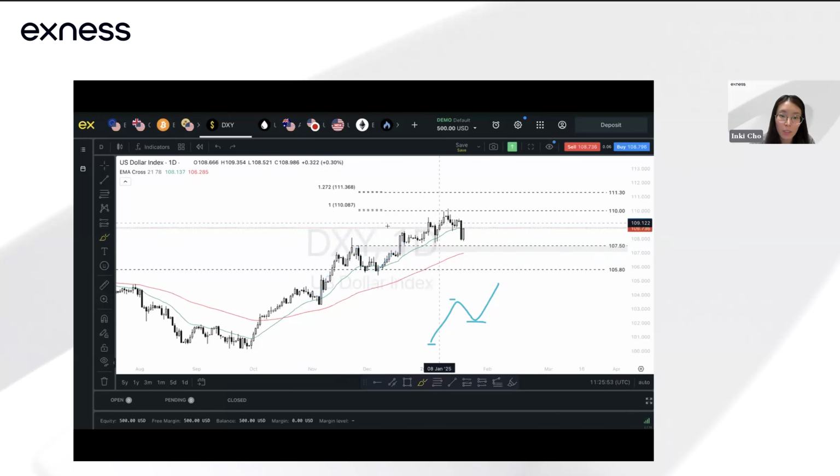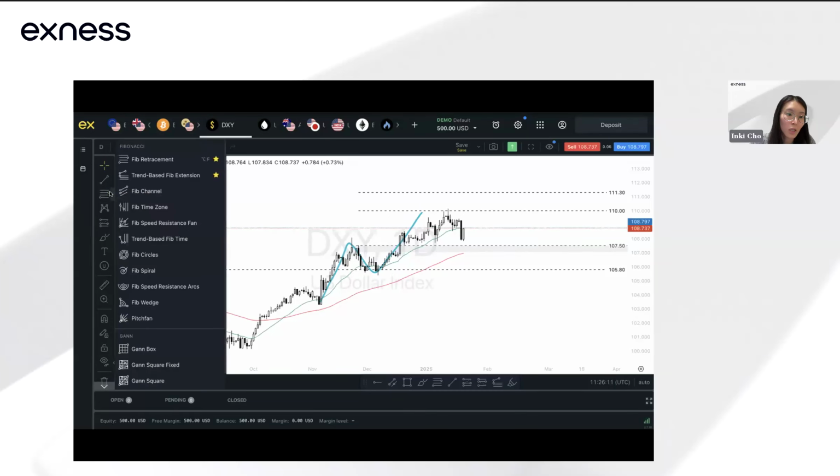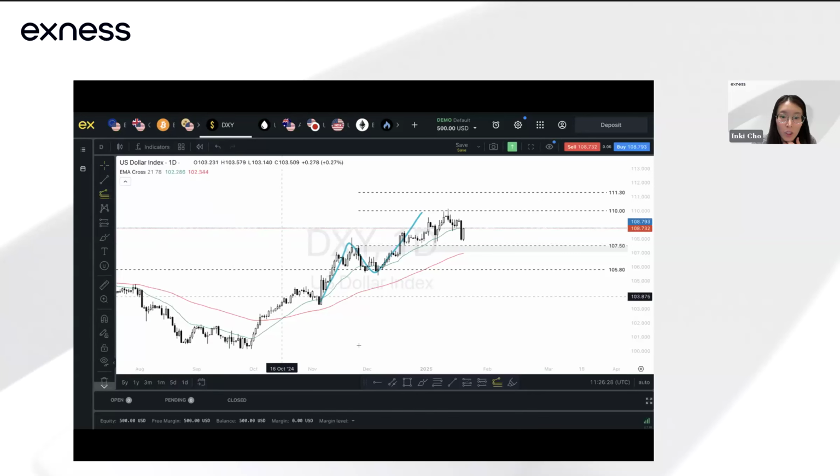Now, the other question that might come up is how do you actually do that? Now that we've identified the zigzag points, which are these three points, we want to take a look at how we can use the Fibonacci extension tool on our Exness web terminal. We can do that by taking a look at the third icon over here. Just click on this, and I have the Fibonacci retracement and Fibonacci extension. I've included them in the favorites toolbar so that I can get easier access, so I get them below as well. But if you want to just access this from this page, you can actually do that. Just click on Trend Fib Extension.